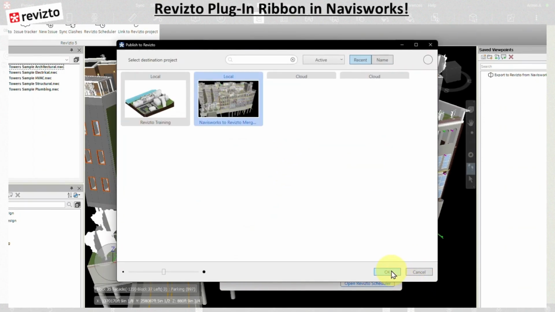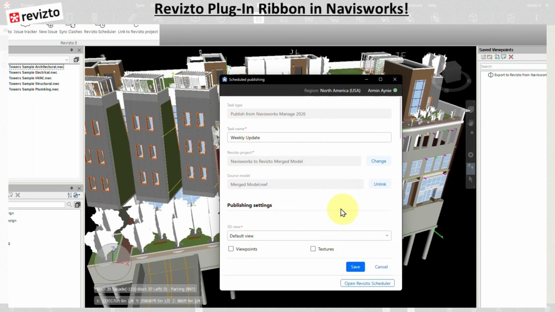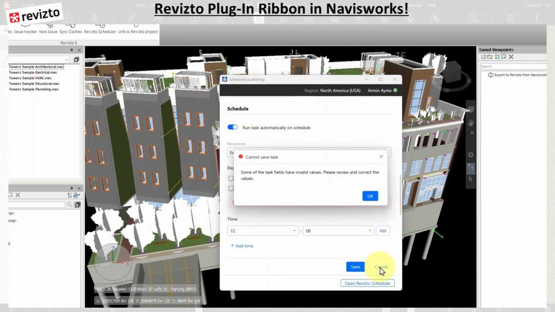So this is the one that I want. It's the one that I sent in. This is already linked. So if you want to unlink them and connect it to something else, you want to send it somewhere else, you'll be able to do that. The publish settings are right here. The default review is the view that we created. We want to send textures, or we don't want to send any other viewpoints that you create in your model. So when you save that,